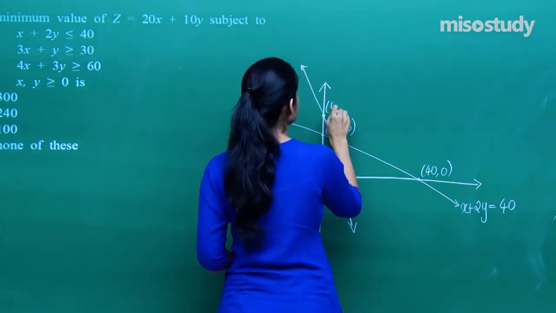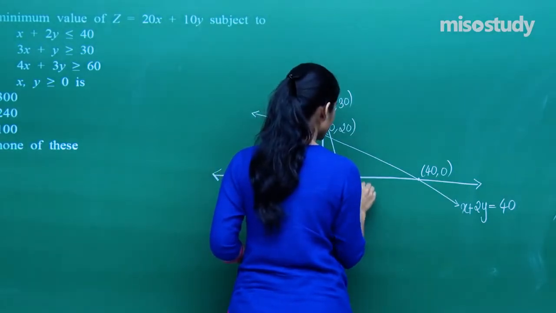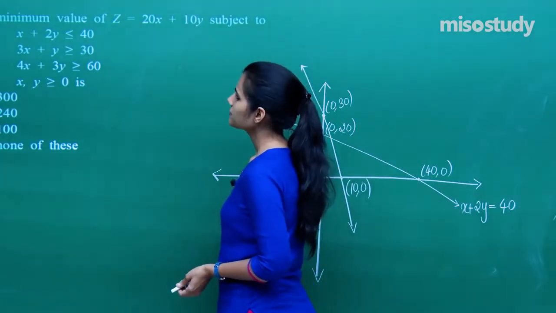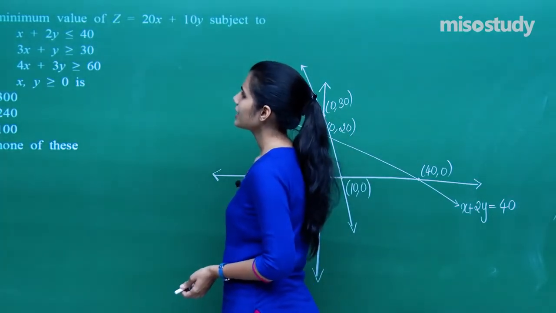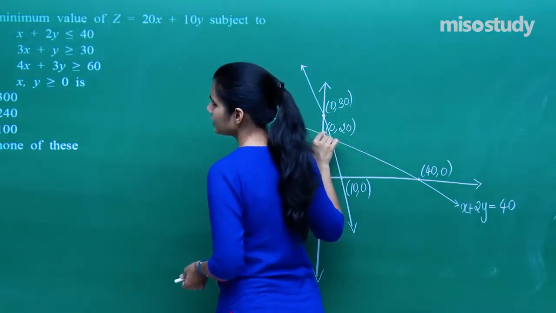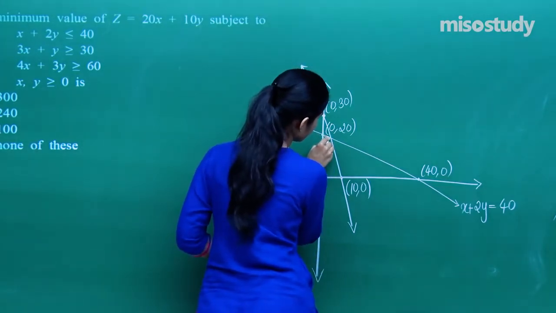Okay? When x is 0, y is 30. And this is 10 comma 0, because when y is 0, x is 10. Then you have 4x plus 3y is greater than or equal to 60. So when x is 0, y is 20. And when y is 0, x is 15. So you basically get